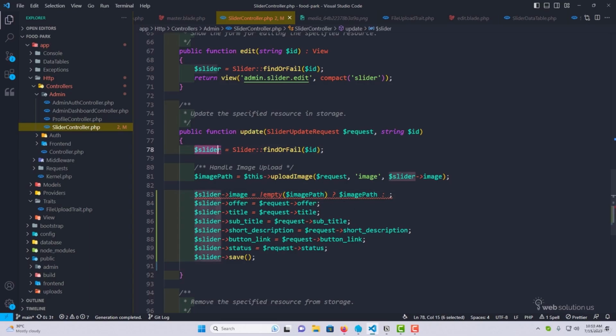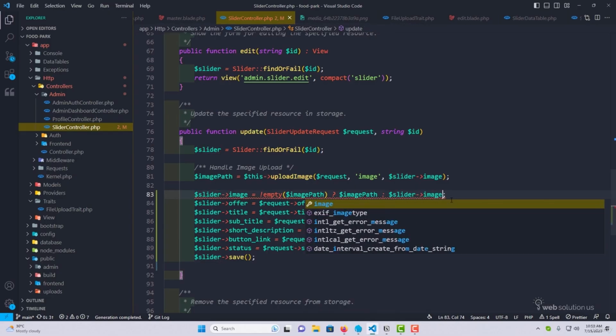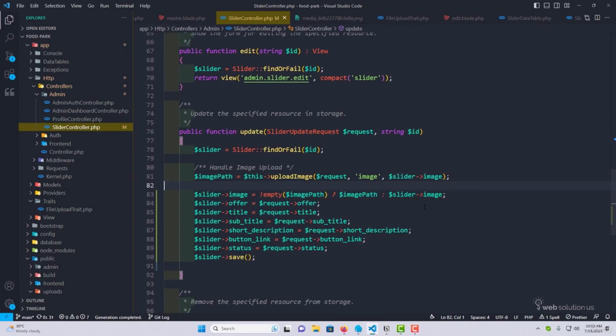So in that case what we can do is we can add here the slider and access the image. I hope you understand what we are doing here. We are using basically a ternary operator to check whether this variable is empty or not. If this variable is not empty, that means it has our new path, so we'll be setting up the new path in our attribute. Otherwise we'll be just adding the current path, or you can also say the old path, which is basically already stored into our